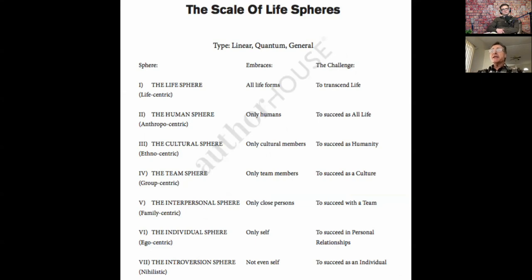Okay. Now, this is going to take some explaining. The scale of life spheres. This is one of these places where I had to name it something that people don't normally think about or say. What are life spheres? So, in life, there are spheres of activity. And they are actually concentric spheres. Now, everybody starts out at level 7. When you have a baby born, he starts out as level 7.